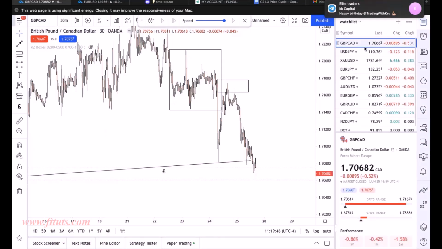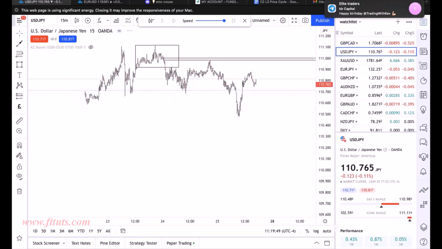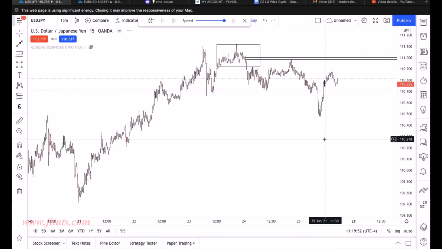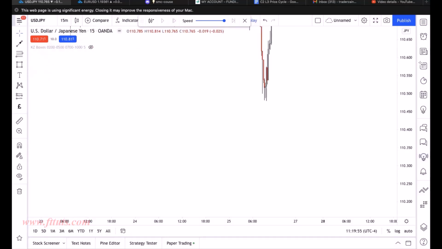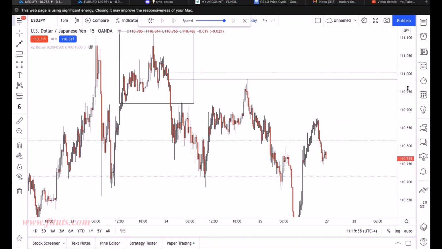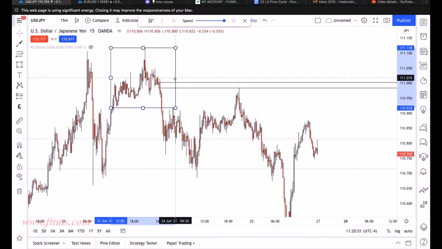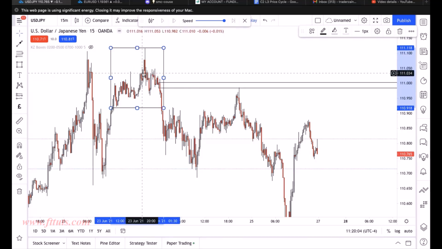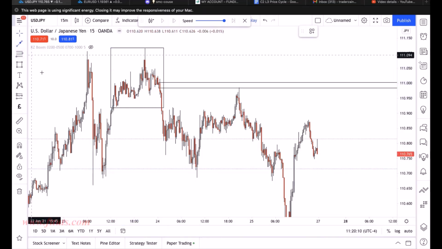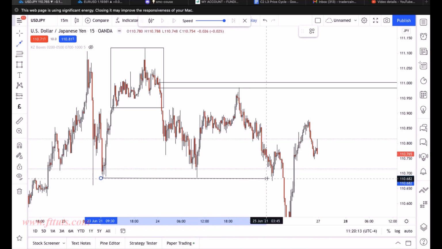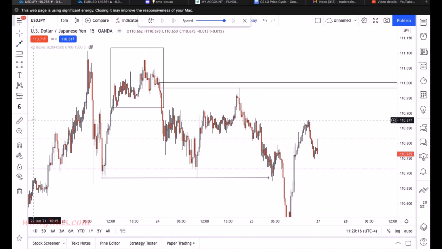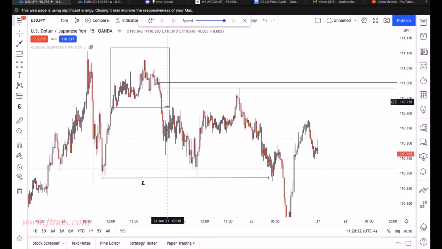Now, next example, USD JPY. Let's look at the 15-minute. Now, this was our consolidation phase, right? Now, once price was consolidating, what happened? It expanded, right? And what did it create right here? Liquidity, right? All right. Now that we understand that, when price expanded, did it create inefficient price action? So we know when price is going to pull back, it's going to seek to fill in any inefficient price